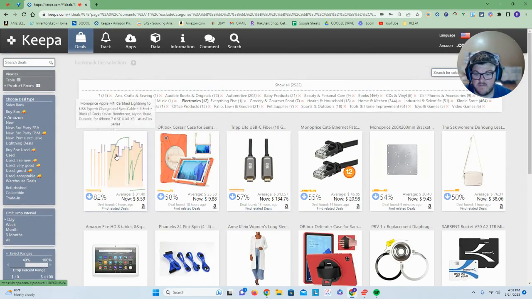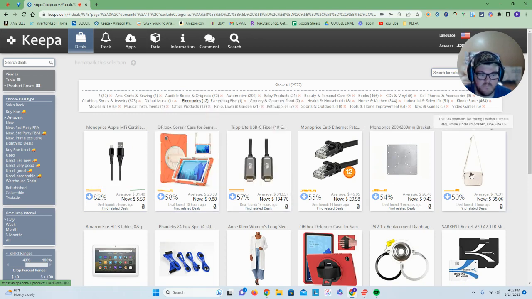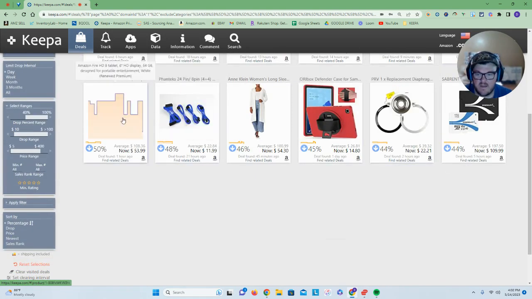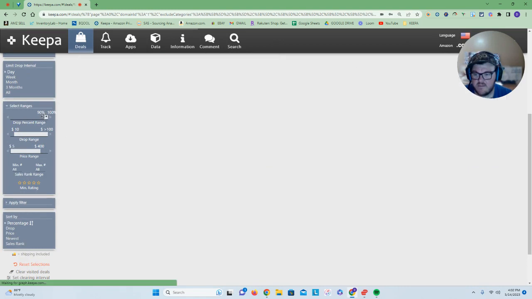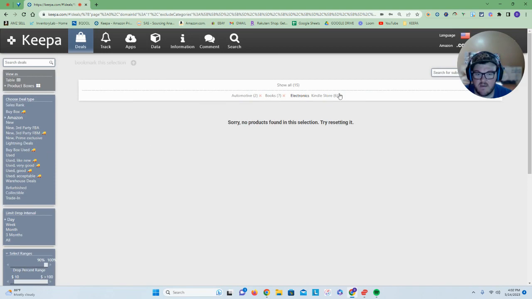And some of this stuff is significant. You can see right here we're down to $5 here, and our average was about 31.40, so an 82% drop on this product, and lots of good deals to be had here. You can also sort it, look at certain ranges. You can change this to see only stuff that's 90% off, which I'm not sure. Yeah, we're not going to have a ton here,